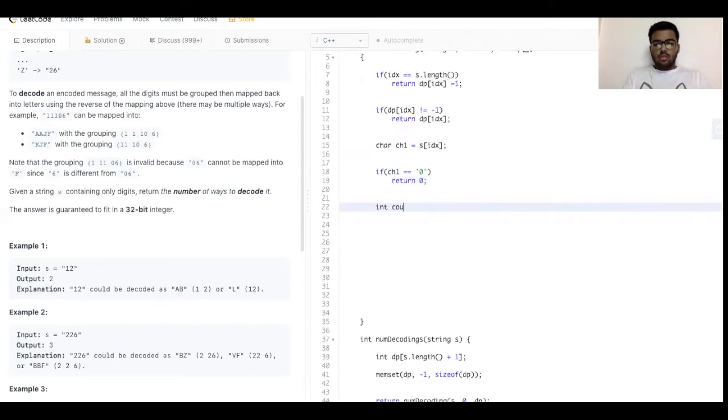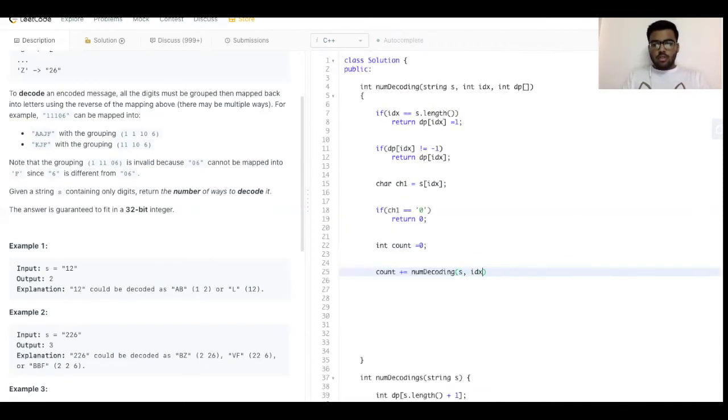Otherwise we will do count plus equals numDecoding, recursing through the string, where we pass idx plus 1. If it is not 0, then we'll check the next element. This way the recursion will keep on going until we hit the base condition, and then the stack will go up, and by executing the recursive calls we'll get the answers at each level.